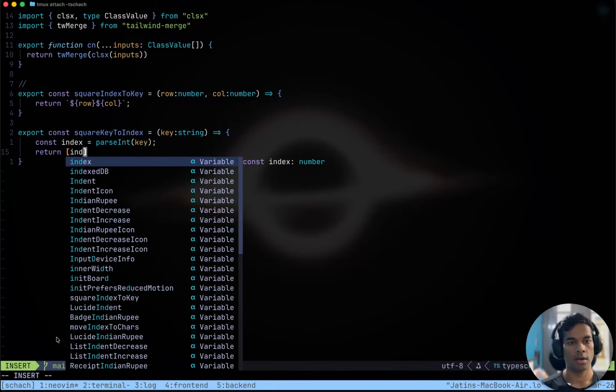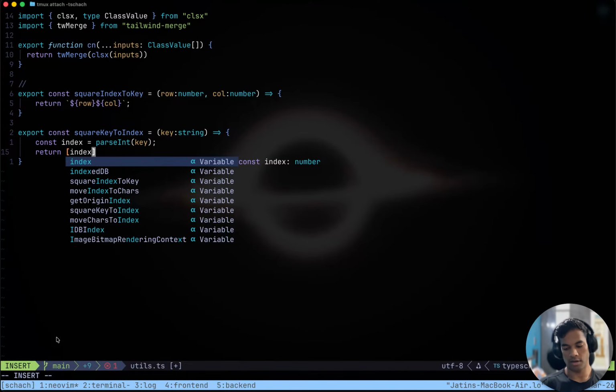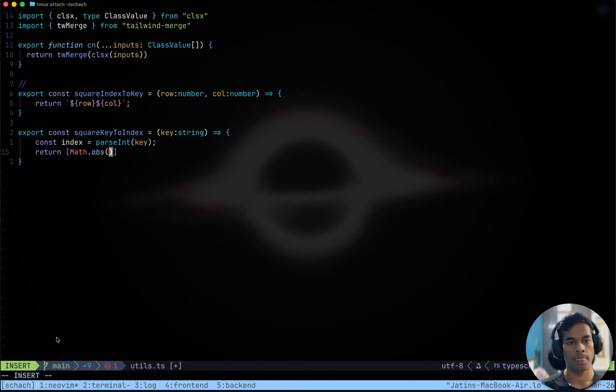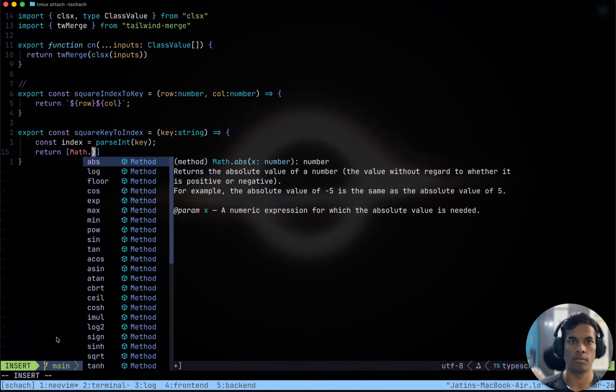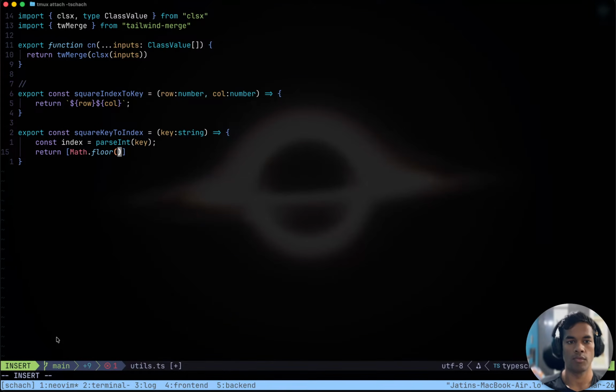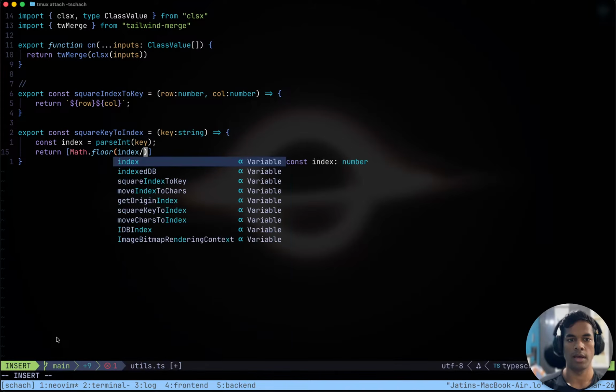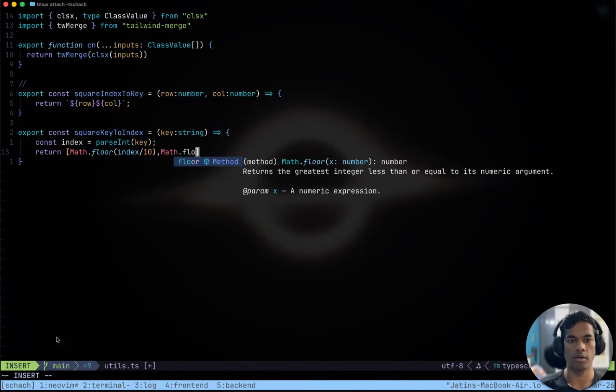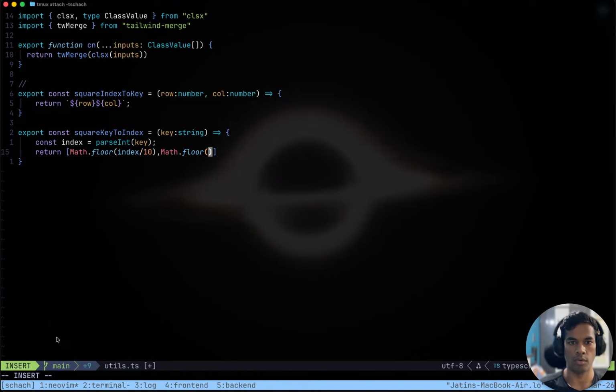Okay, then index, the row is going to be at the tens place, so floor of index divided by 10, comma math dot floor.